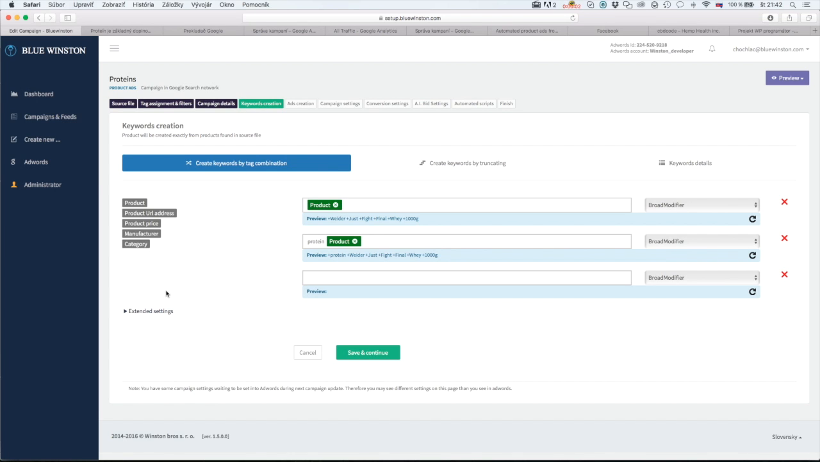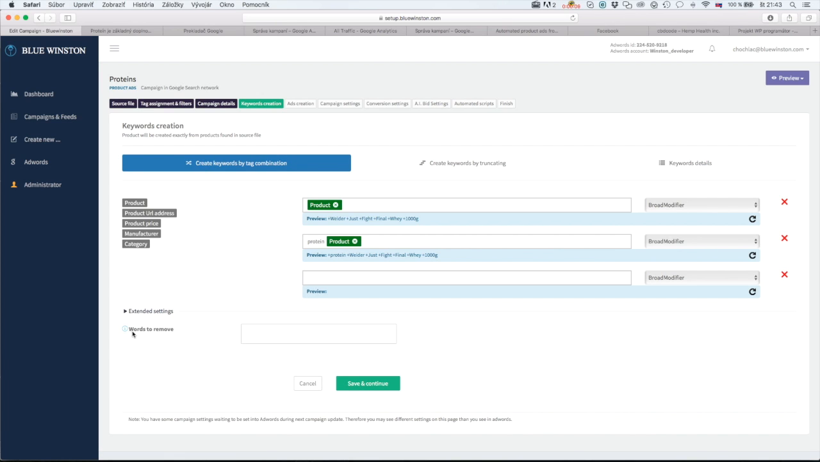Next settings, what we got here. And the create keywords by tag combinations are words to remove. So it means that, for example, you got here some product, wider justified final weigh 1000 grams, and we do not want to have, for example, wider in the keyword. So we just set wider, click on refresh,